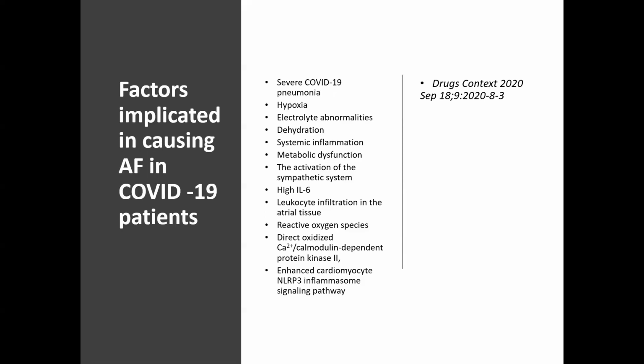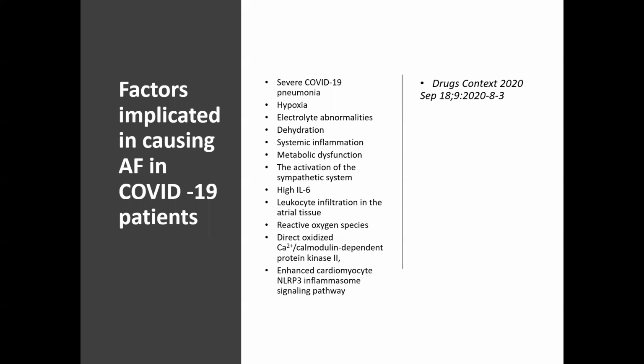So what were the factors found to be associated with atrial fibrillation in COVID-19 patients? We have to identify the patient population within COVID-19 cases who are predisposed to atrial fibrillation, because once we use an anticoagulant, we should be able to justify its use. And justification can be based only on the incidence or risk of thromboembolic events. So we need to find out the population of